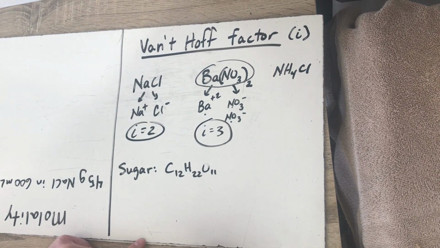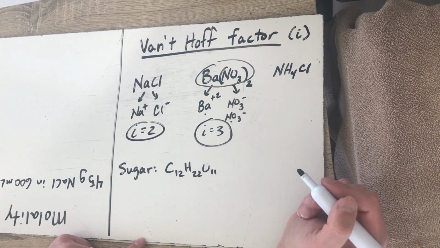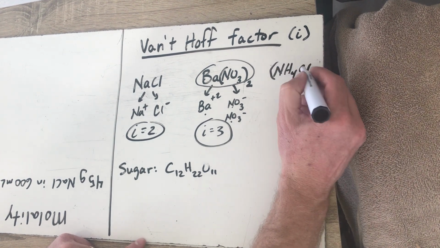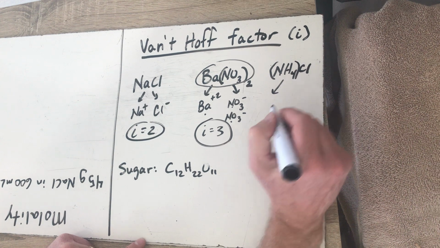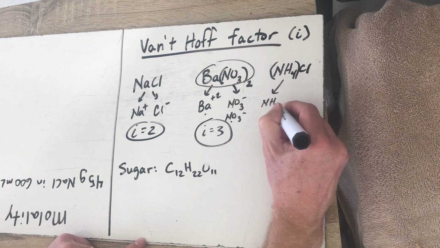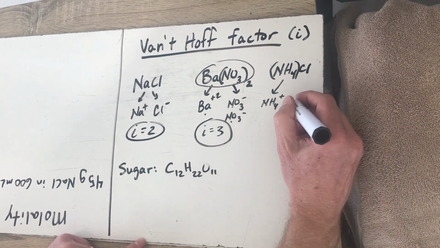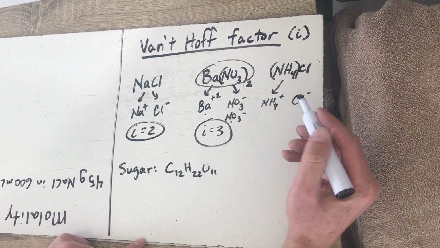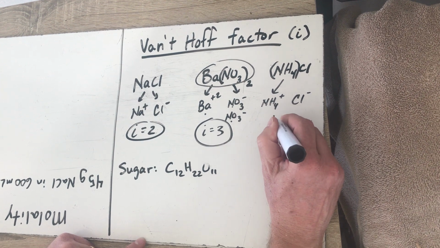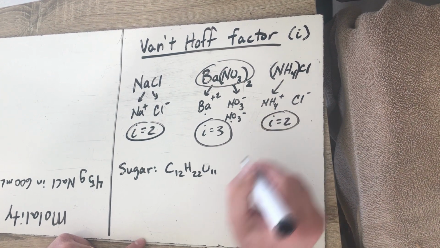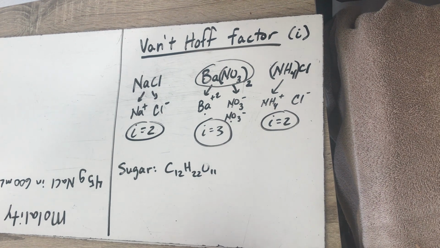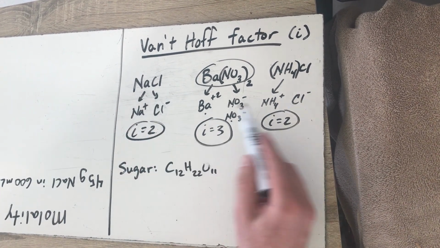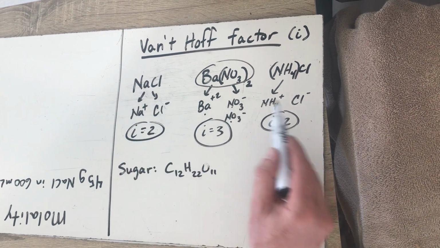Now, be careful. Just because it looks like there's a lot doesn't mean that there is. You have to recognize certain groupings. So for example, ammonium chloride, we should recognize that NH4 is one of those groupings that stays together. That's an ammonium ion, positive. And then we get a chloride ion, that's negative. So even though it looks like there's a lot of stuff here, it really only breaks apart into 2 different ions. So my Van Hoff factor is 2 again. It's the total amount that they break apart into. These are known as electrolyte solutes because they'll make electrolyte solutions, which means you get these charged particles, these ions,